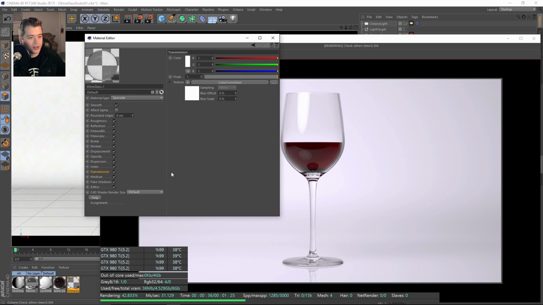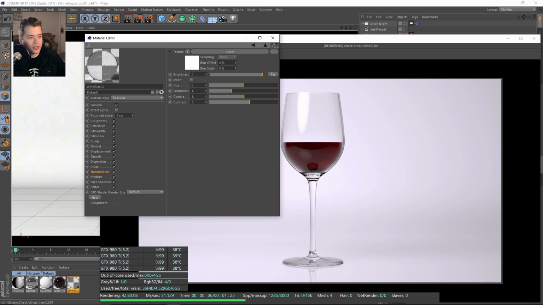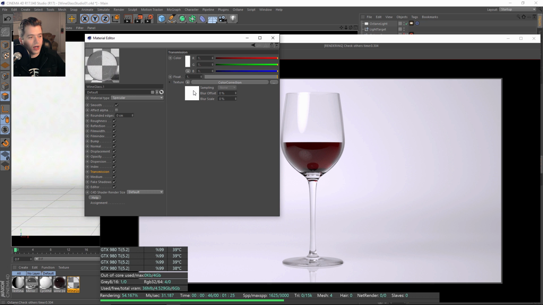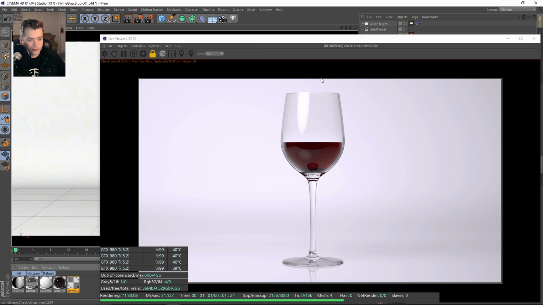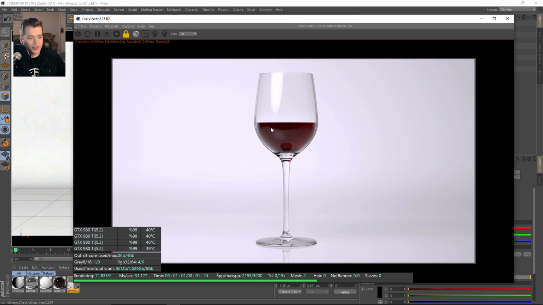But I also got the black rim from using a falloff in the transmission. I was using an inverted falloff map, and I tweaked some of the settings to crunch it down with the contrast to get this kind of black rim to show up. So instead of using a black card or any kind of special light, I just put this into the shader so I could pop that off of the white background. Okay, so just some tips there.